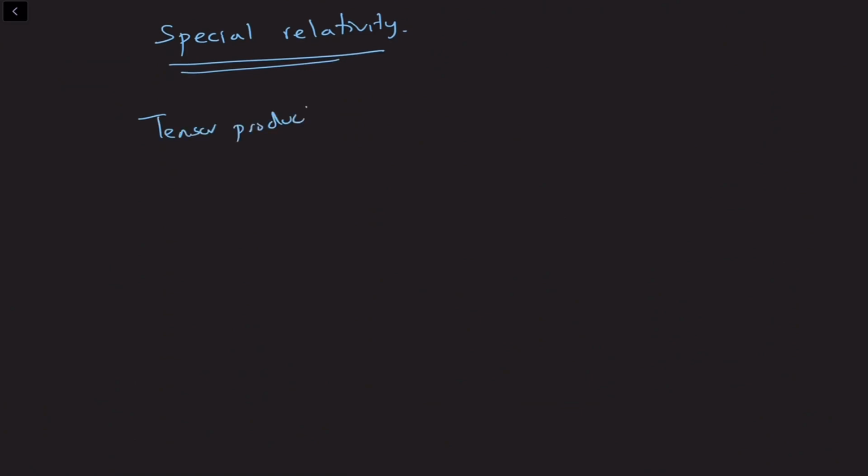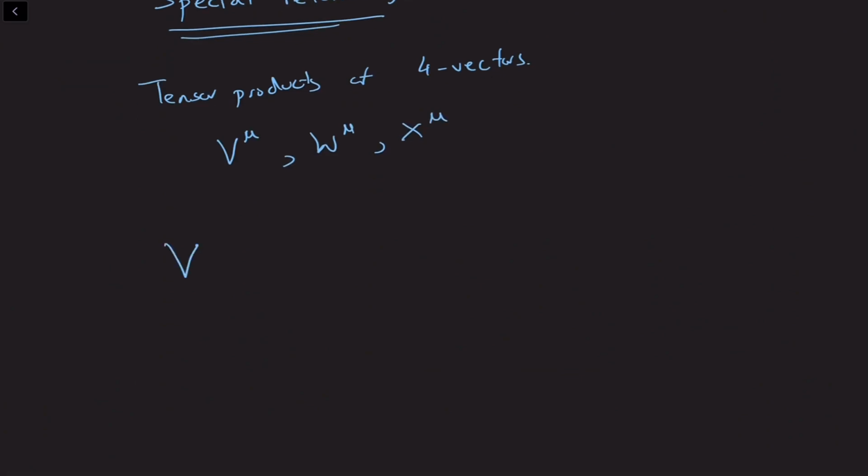So in special relativity, which involves not just rotations, but boosts, Lorentz boosts, we can take tensor products of 4 vectors. So if we have 4 vectors, v mu, w mu, and x mu, okay, so imagine some 4 vectors, we can construct a tensor product object